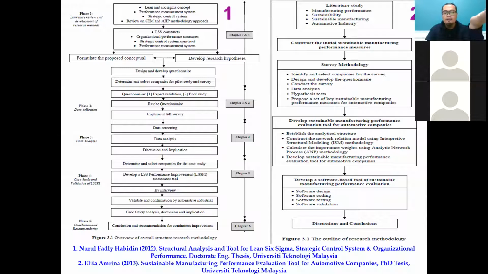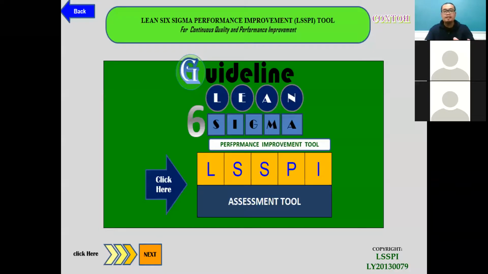To show that I have 5 phases to cover all 6 chapters, I start with the literature review, construct and formulate the conceptual framework, develop research hypotheses, design and determine the questionnaire, revise, implement, data screening, data analysis, discussion, the selection of the company, develop assessment tools using interviews, validate confirmation using a case study, and conclude with recommendations. So this is the process of my research design. That's why I refer to this